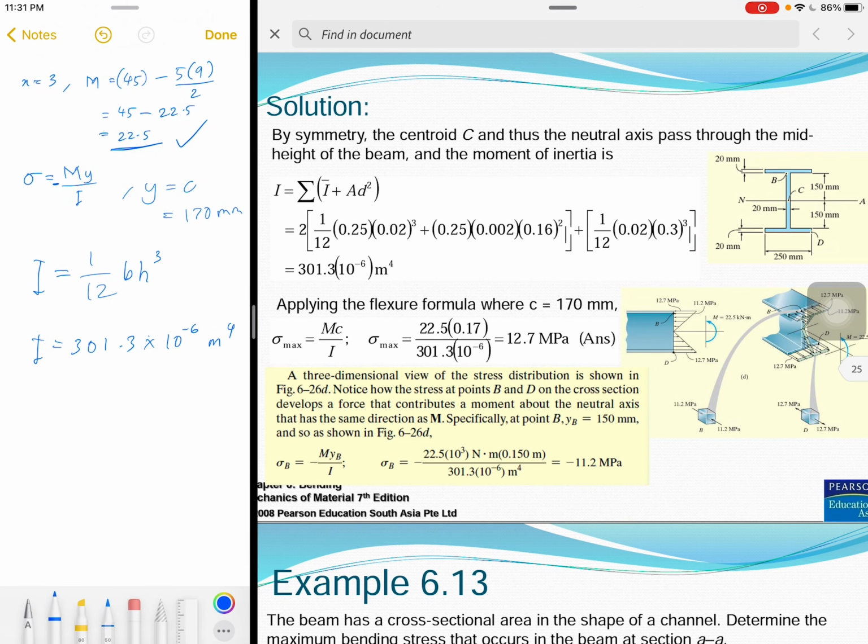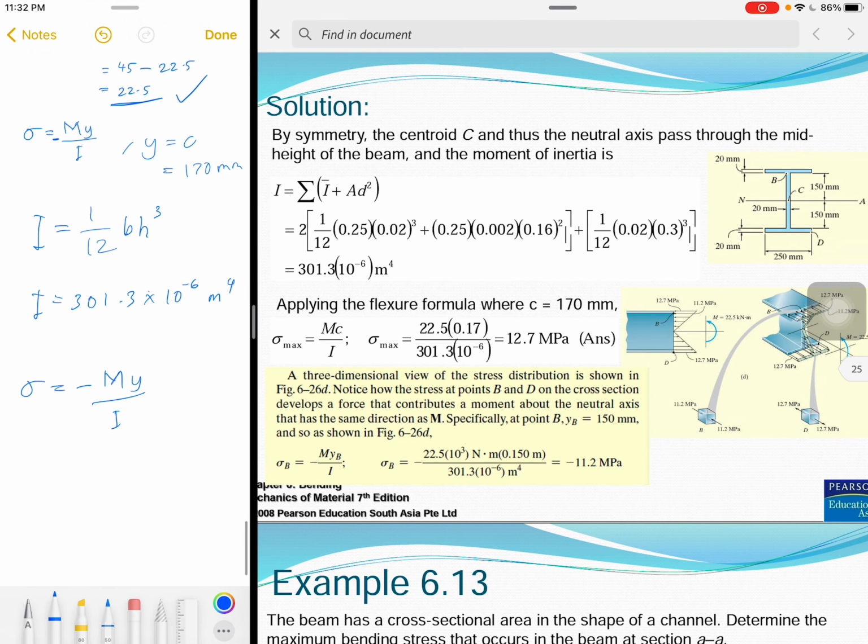So actually it's quite simple. For stress, we use the formula negative MY over I. So what you can do is change the value of Y. If you want to draw it, Y equal to 170 millimeter, and then you reduce to 150 millimeter,